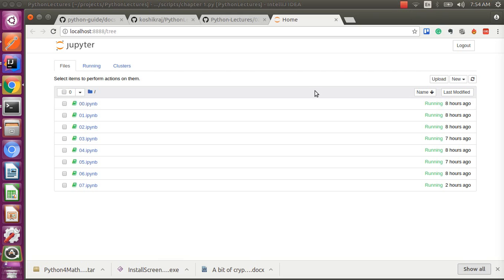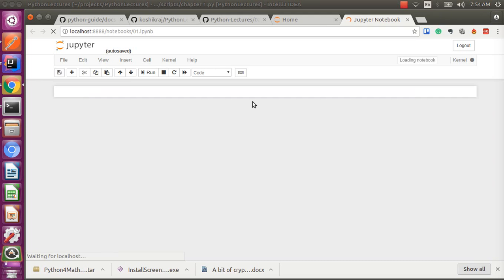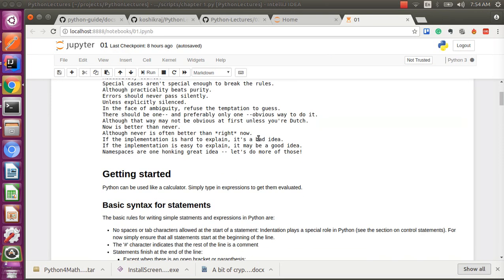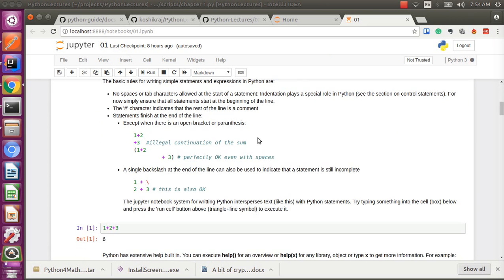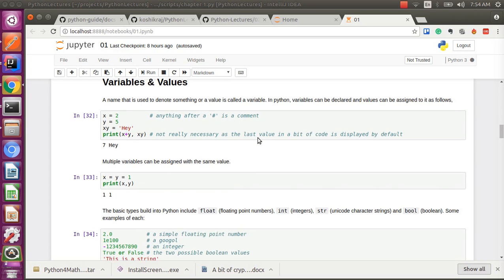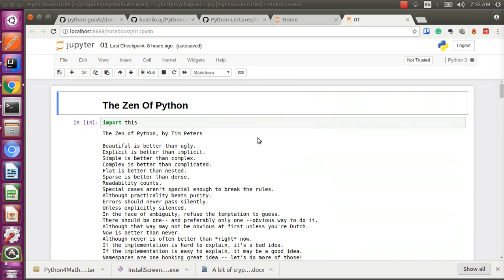Okay, so now let's start with the first chapter in our Jupyter notebook. That would be a pretty basic introduction to Python and the structures, standards and styles that we follow. One of the basic things we have to consider about Python is that it has a set of